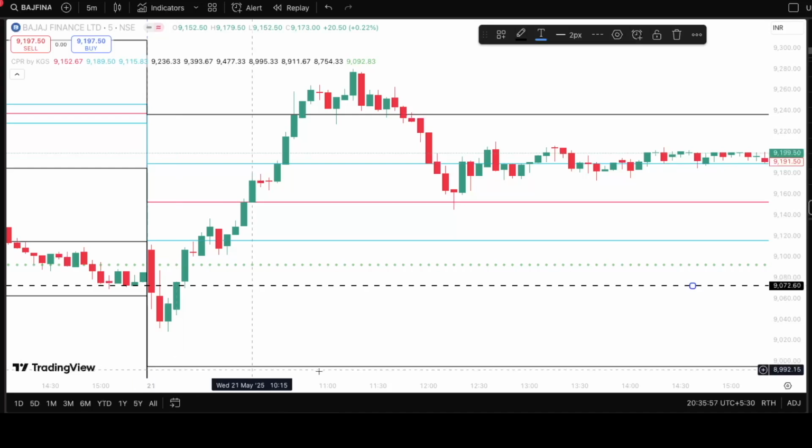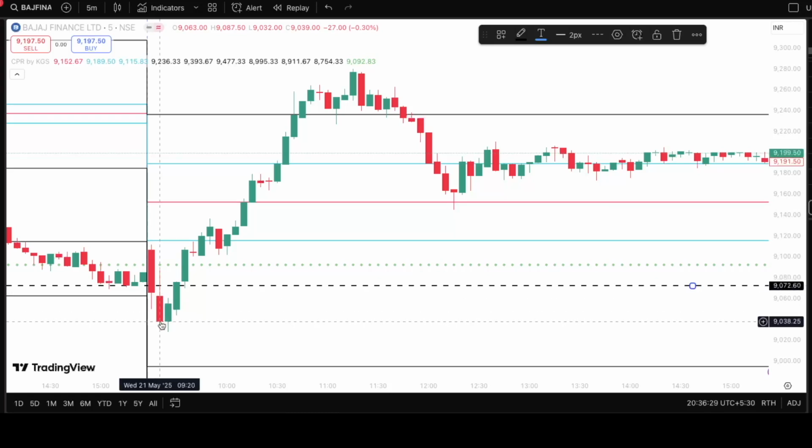So this horizontal line is the CPR with the colored line, and we have different pivot levels, R1, S1. So it's very easy to assume that if the previous day low is broken, it would take support somewhere here. So if you had taken a put option hoping for a small scalp, what happened here is that the price reversed